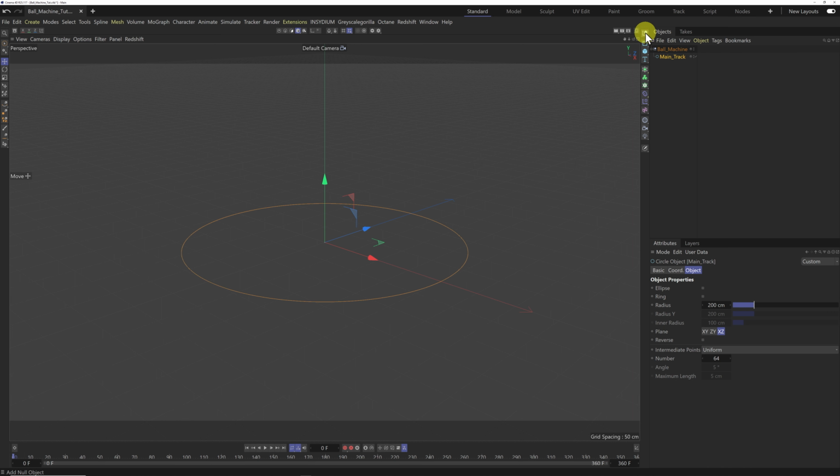Okay, so now I'll need to add another null, and this null is going to be a child of the ball machine, and I'm going to call this bottom half. So this is the half of the machine that we're going to be working on. I'm going to take this main track here and I'm going to duplicate it. I'm going to hold down Control and drag, and I'm going to make that a child of our bottom half null, and I'm going to change the name